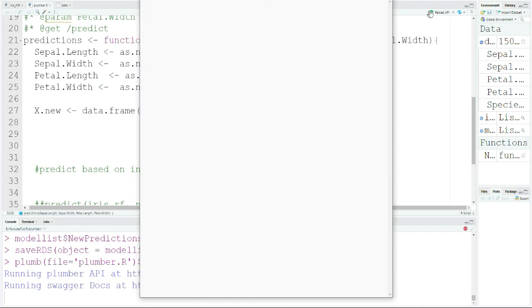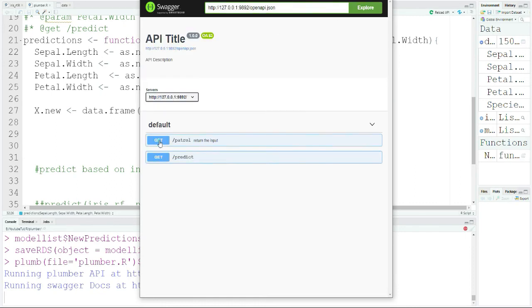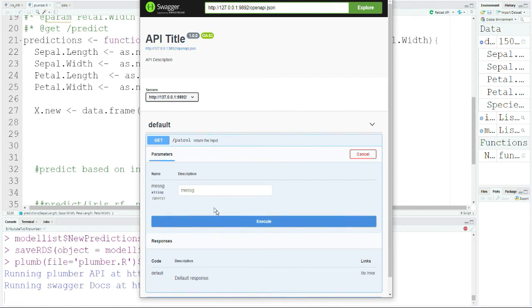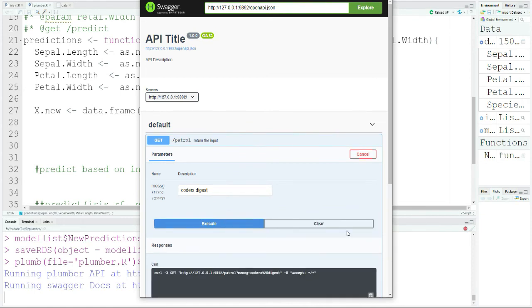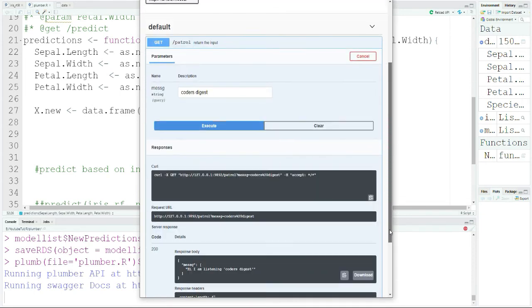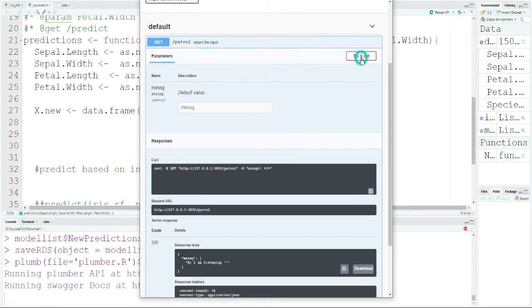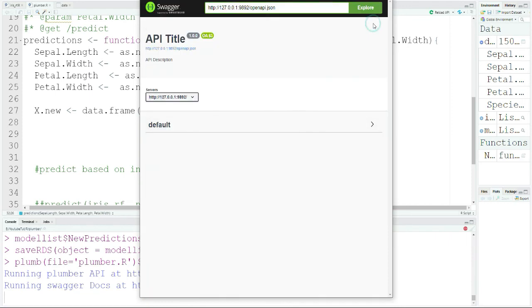You can see that here I can run my API from here also. So as I told you, one is the function to check whether the API is running successfully. So let me say coders digest, or you can provide nothing here also. So right now it says, hi, I am listening coders digest. If I do not provide anything, then also it should work. And now it says, hi, I am listening. So this is basically an endpoint which can tell me that I am running fine. So this is a thing that you might need to test whether your API is running fine. Okay. And I have another